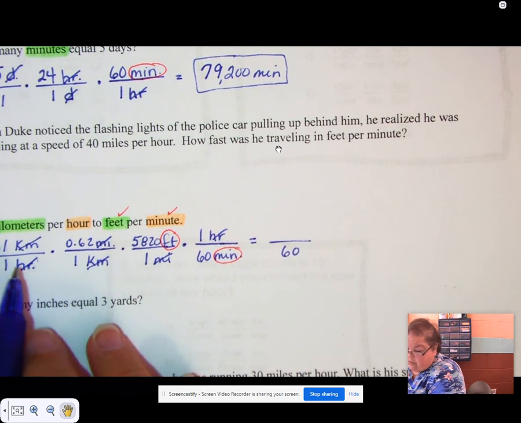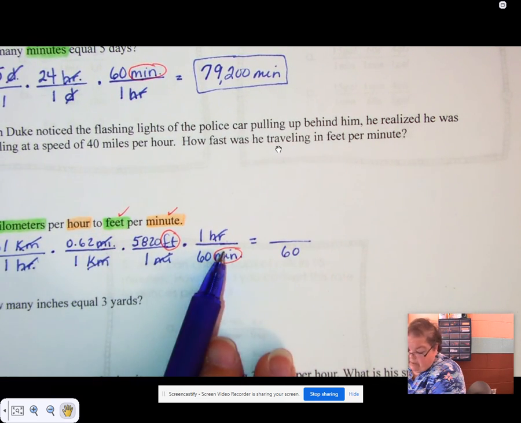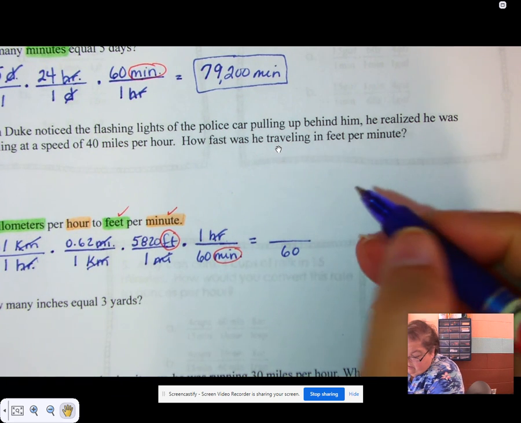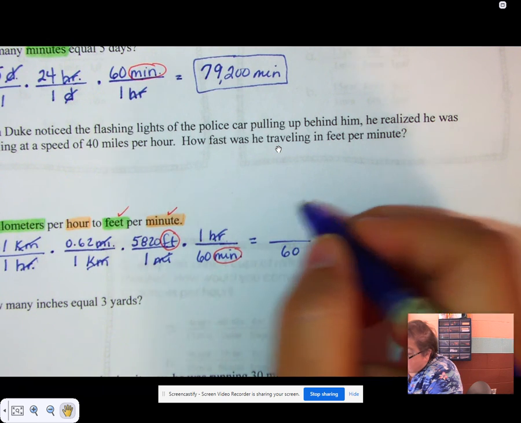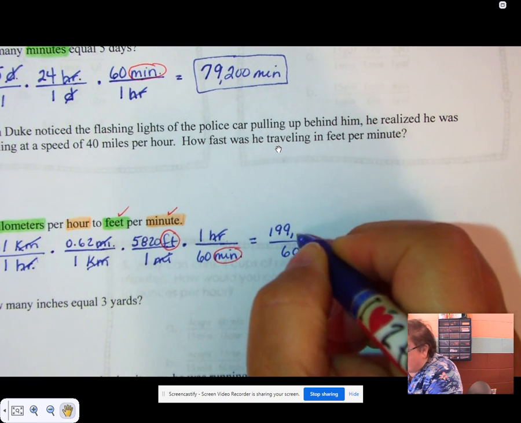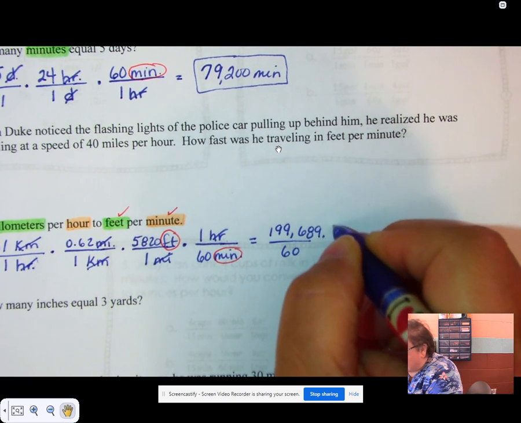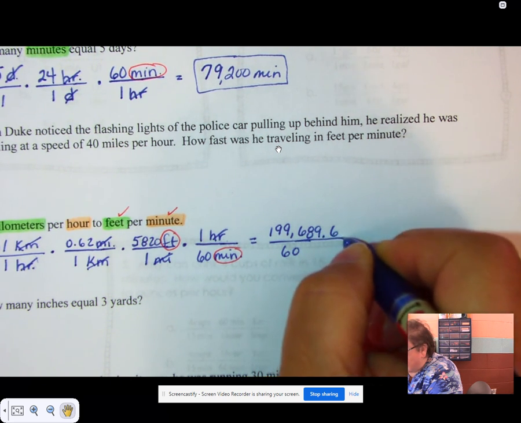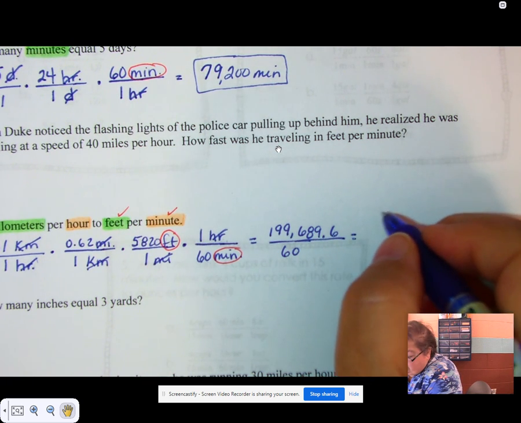I'm going to multiply all the way across here, and that should be 199,689.6. I'm going to divide that by 60, and when we do, we're going to get